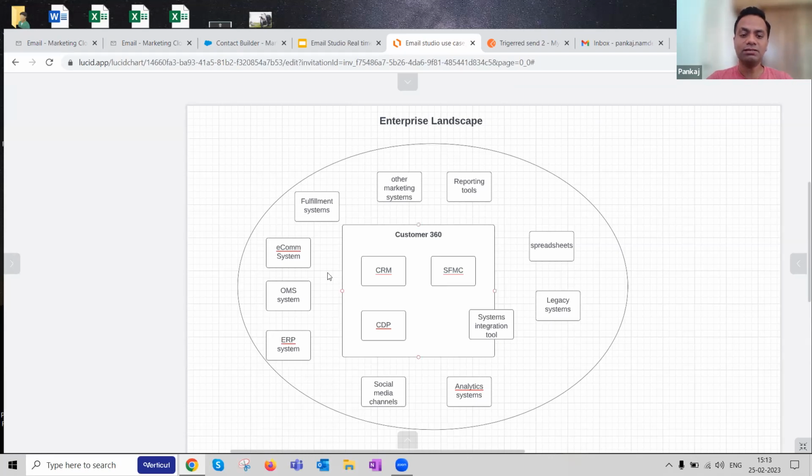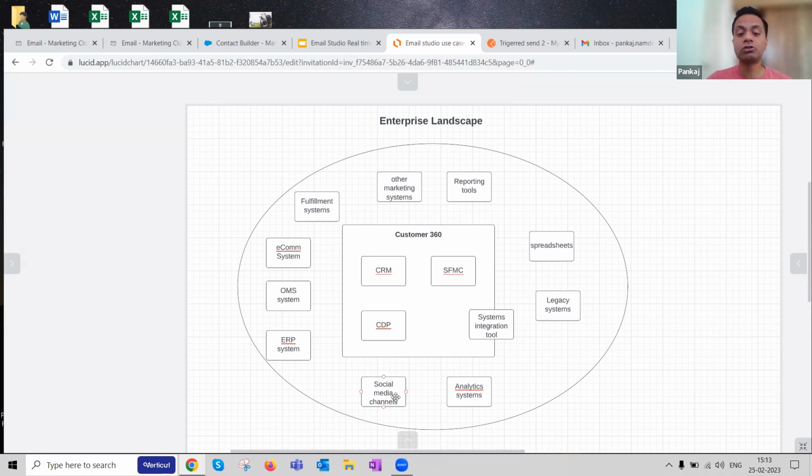Right? So if you see, there would be an e-commerce system. For example, Amazon is an e-commerce company. What does Salesforce Marketing Cloud have to do with that? Think from that perspective. We have got order management systems. These are complex systems which actually process the orders once an order is placed. Then we have got enterprise resource planning systems, ERP systems, SAPs of the world. These are the systems that are there.